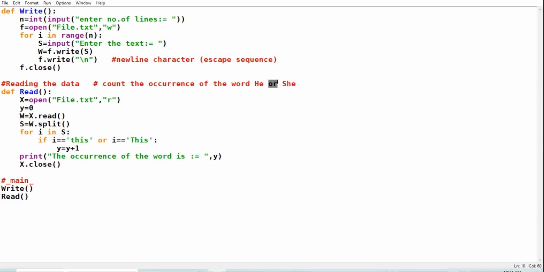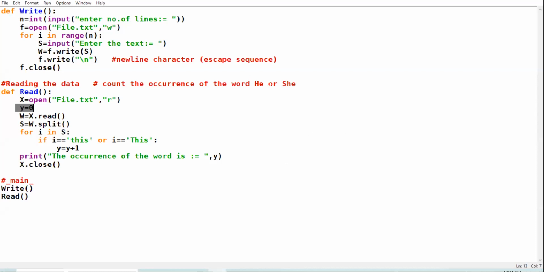Whenever such a case comes that you have to count the occurrence of two different words, but in between you have or, then you have to take one variable only which will count the occurrence. If the word is he, y will get incremented. If the word is she, y will get incremented.